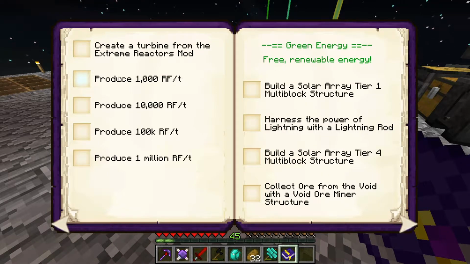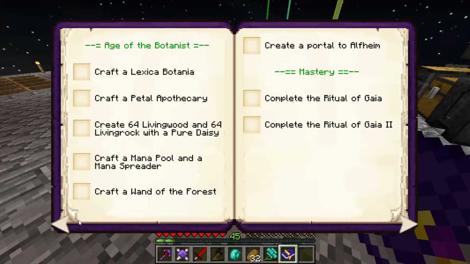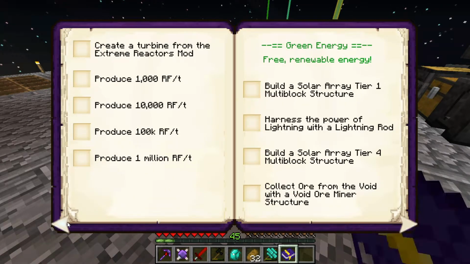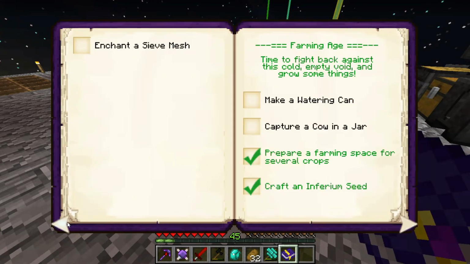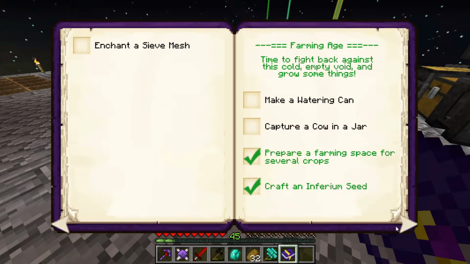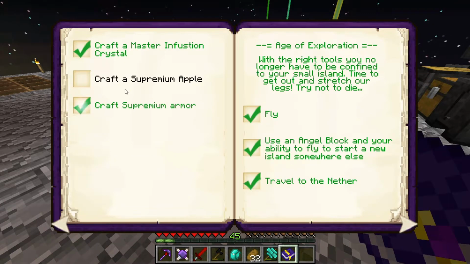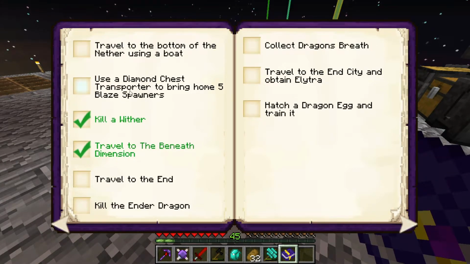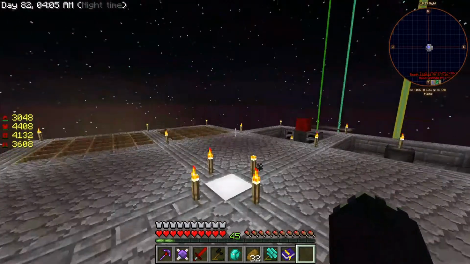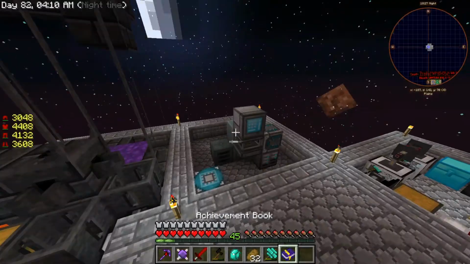1000 RF a tick. I'm already doing that, I think. No, I'm not, actually. There's a lot of stuff that I want to do, obviously. And also, like, Botania. That's also another thing I want to do. So there's still some stuff that I have to do, obviously, but a lot of it I have done. So I'm going to actually go get 5 blaze spawners, and for my next project, I'm going to do that. And so I just need to make...